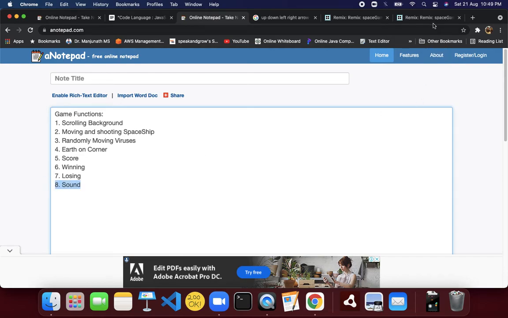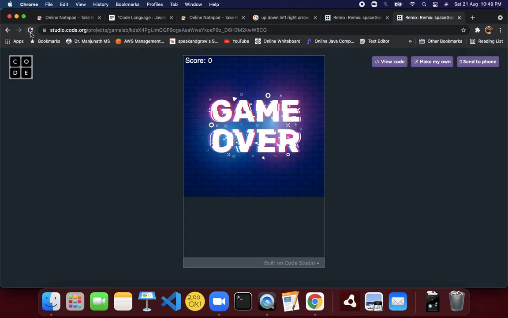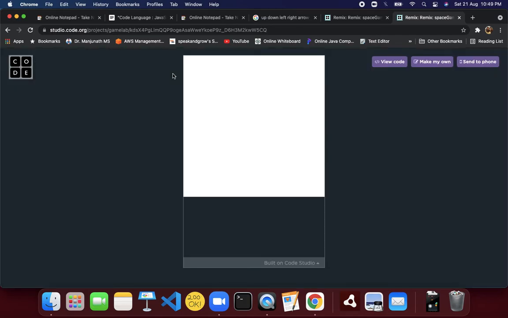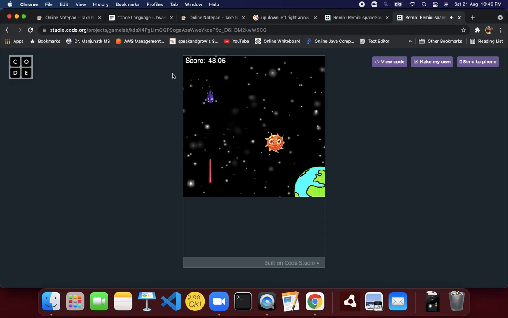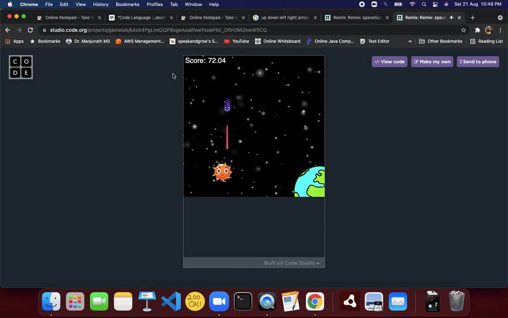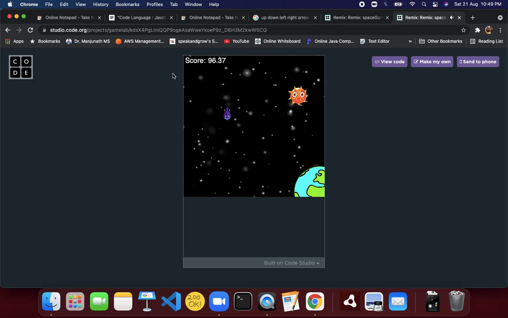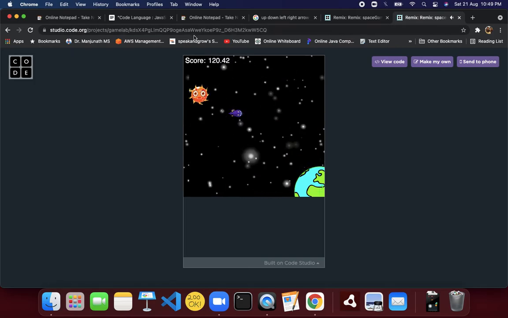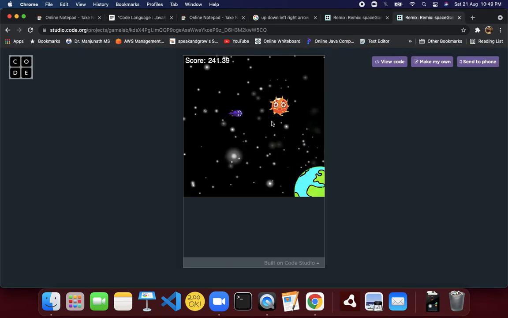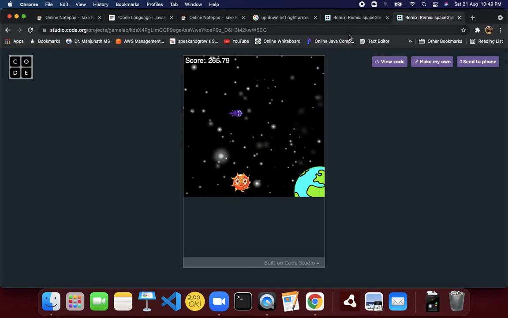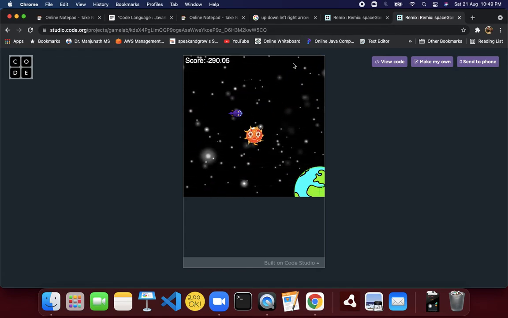And sound, if you see, whenever it is moving and shooting laser, there is a sound. By the way, you can select your own sound. I just selected this. My student, basically, created this game, and he chose this sound, and I quite like this sound. All right, so that's it. This is the game for our level 0, and we will focus on learning these things. Nothing else. I don't think I have missed anything. I think this much is what we have done till now.